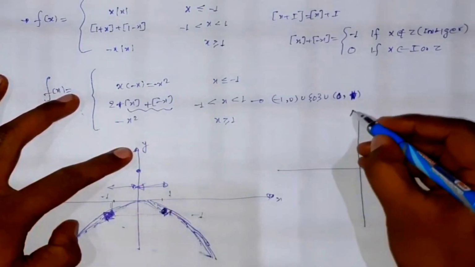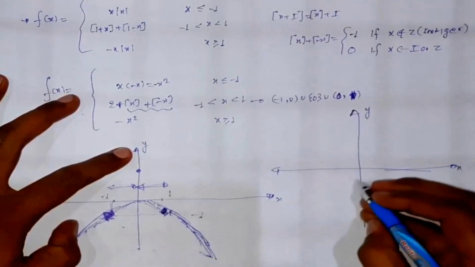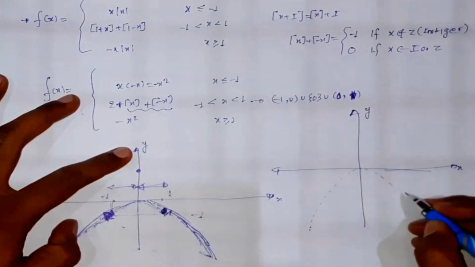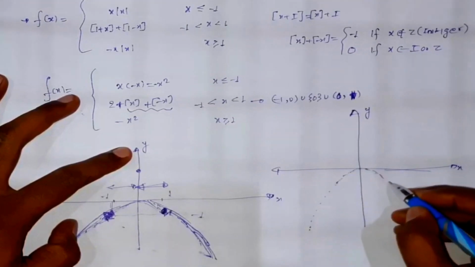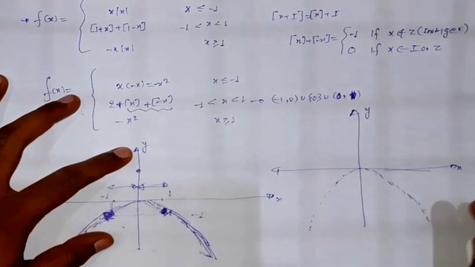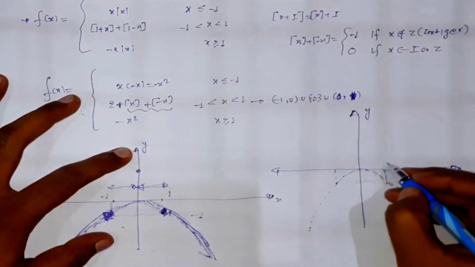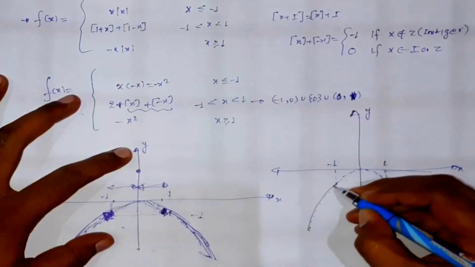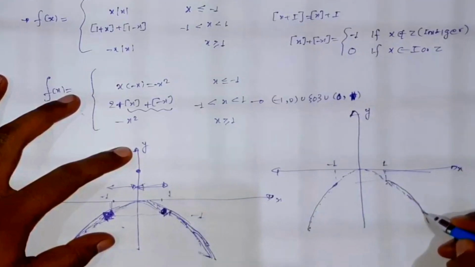kind of graph, okay. This is y, this is x. So this will be like this. I am going to draw this simply. It will not take too much time actually. If you are thinking that it is taking too much time, I am taking this much time just for your understanding, okay. So this is 1, this is minus 1. So here this will be the graph for this region, and this will be the graph for this region, okay.